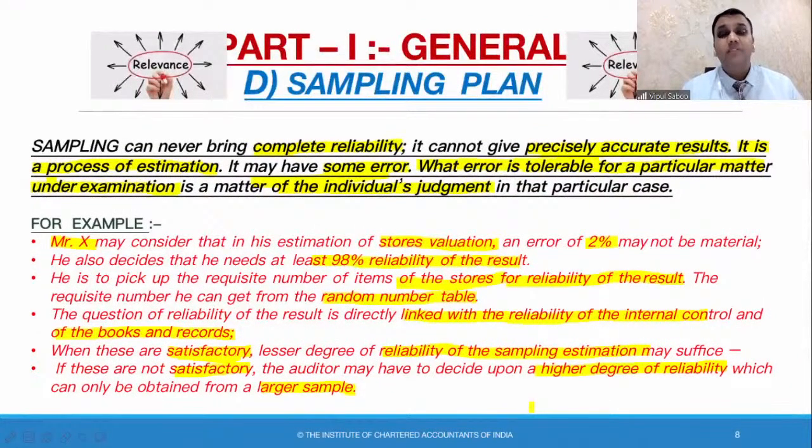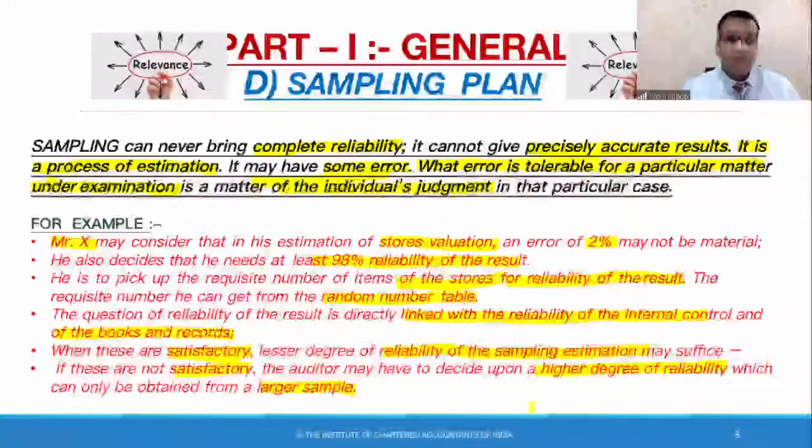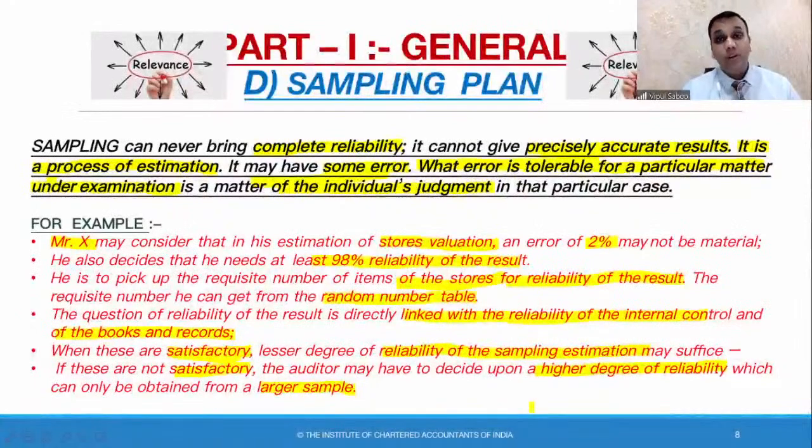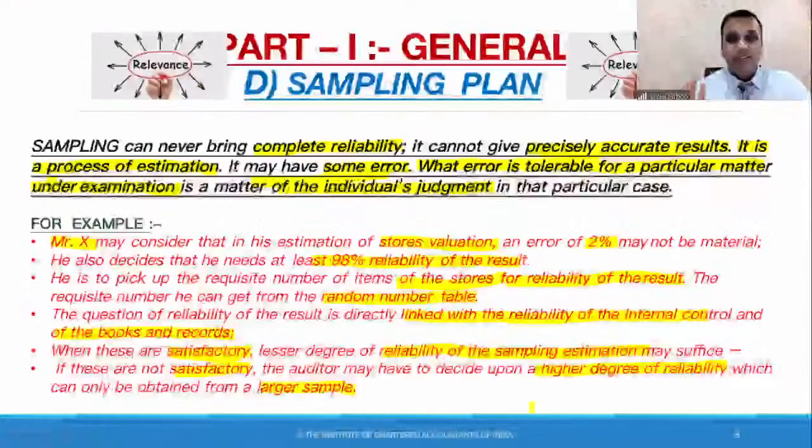Now the third station is sampling. Whether he needs to apply his audit procedures on 100% of the population or a sample derived from the population. So if he has obtained good reliability in the previous two steps, he'll be okay with lesser reliability over here. He'll not do much work over here. But if your train was late at the previous two stations as well, it is but obvious that you'll feel it will be arriving late at the next station as well. Same thing applies over here.